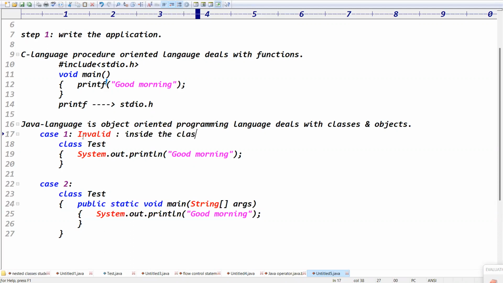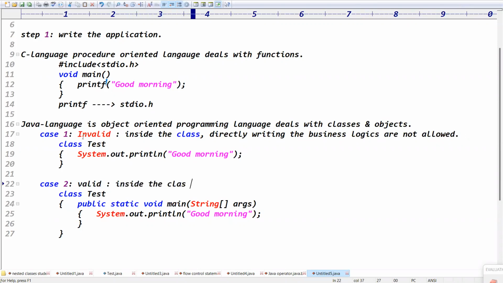Why? Inside the class, directly writing business logics is not allowed, right? Exactly. Because case 2 is valid. So inside the class, write the logics. Tell me, how will it be? Guys, inside the class, write the logics using